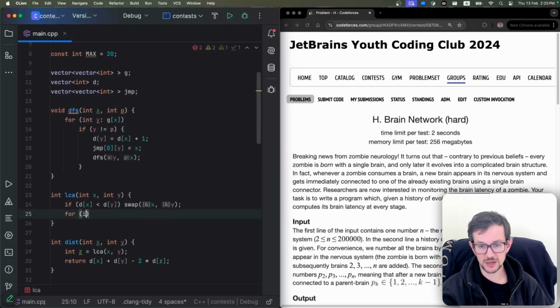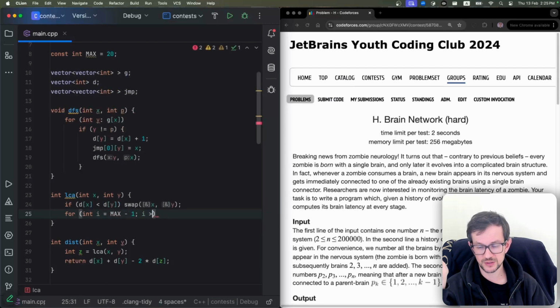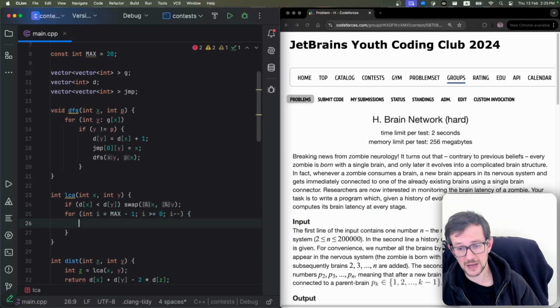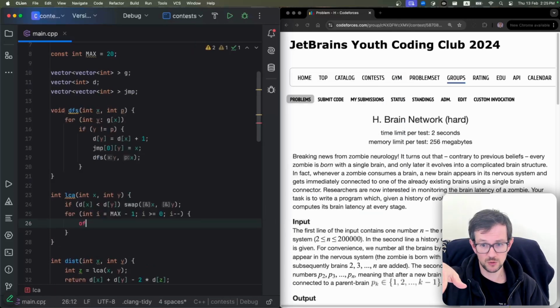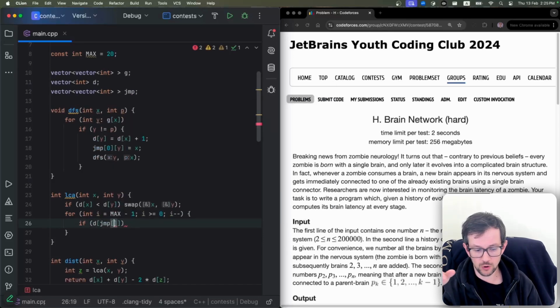If you didn't implement it before, again, try it. It's not the hardest algorithm. I usually implement it in multiple ways. I implement it like this because it's easier to implement like this. So I just do all the jumps